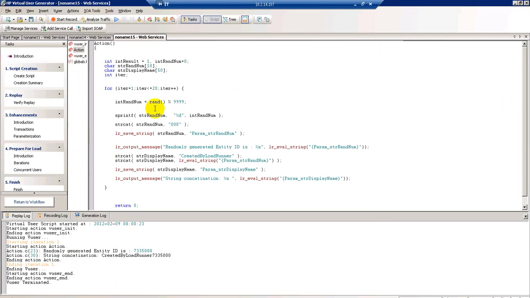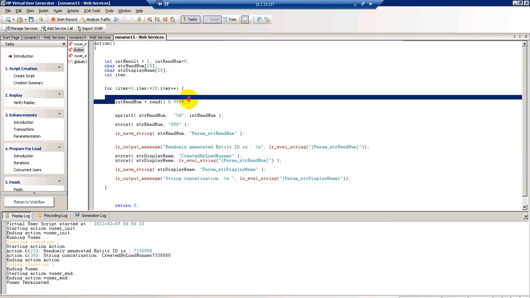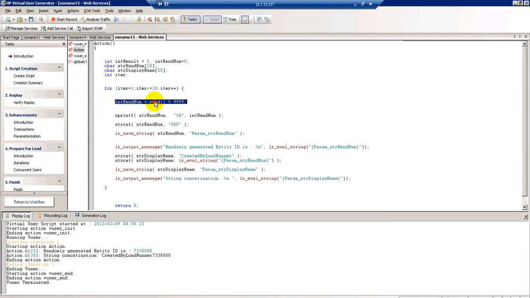So when I execute this statement, this random function will generate any number randomly between 0 to 9999 and store it into this variable. Equal to is the assignment operator. We assign the output of this statement to this variable.